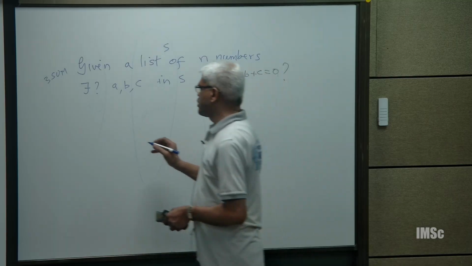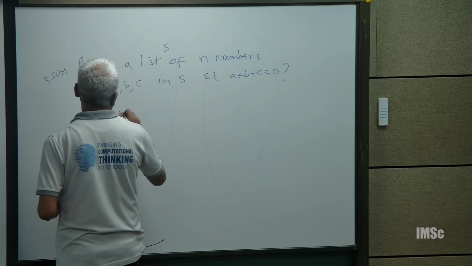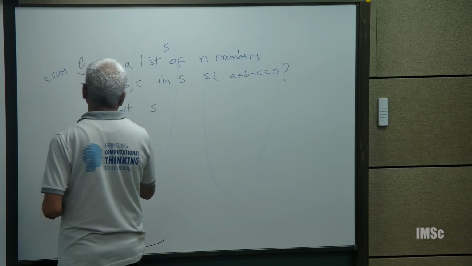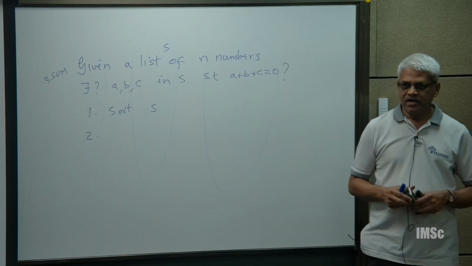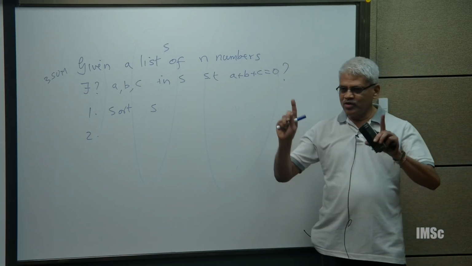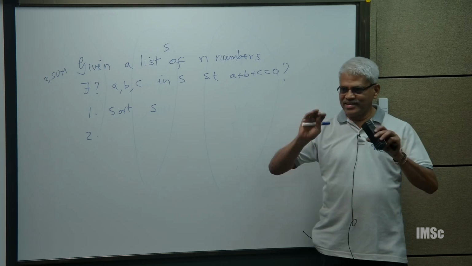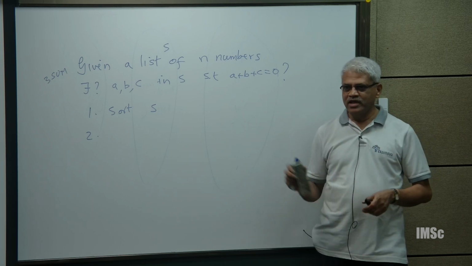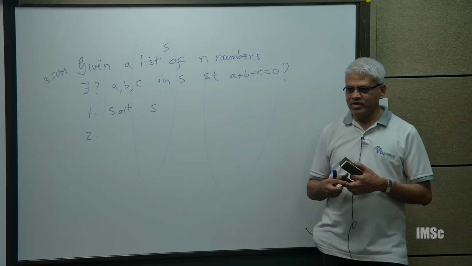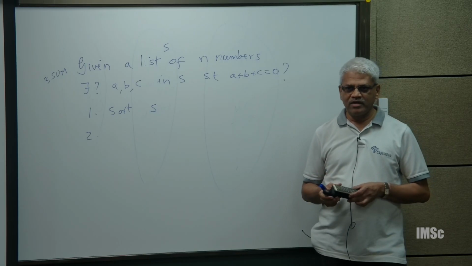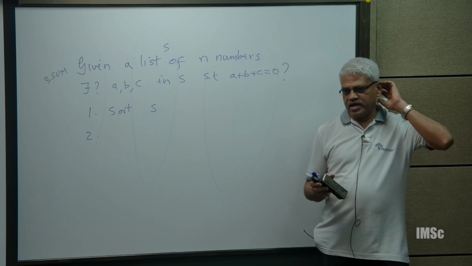Let's not get into those details, but let's use the sorting idea. Suppose I sort: step 1, sort S. Now, can I use this? It is a sorted list. I do not want the pointer moving details; let us get high level, conceptually. Suppose the list is sorted, which I can do in n log n time. Let us now think about whether I can do better than n cubed.